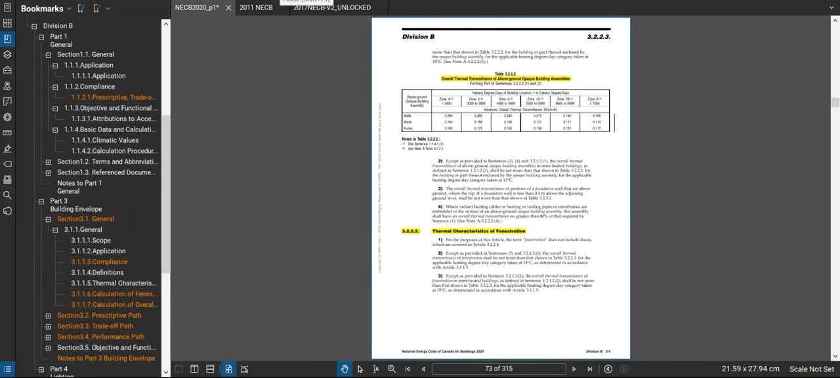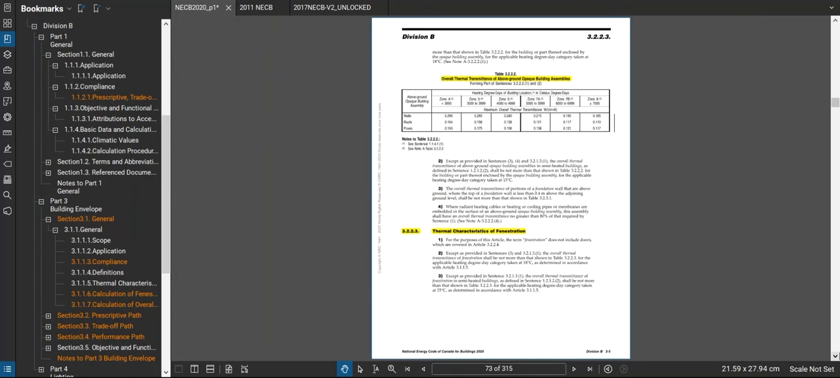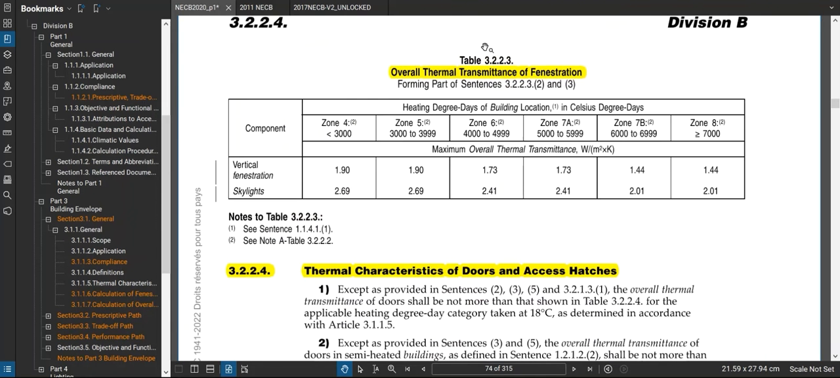It's interesting. Okay, then we move into 3223, which is the thermal characteristics for fenestration. So kind of the same idea here. Your fenestration has to meet a certain U value, which in my mind generally means products you buy are going to meet that minimum, or else I suppose some might not, but you would think if people are going to buy it, you'd kind of want it to meet the minimum of the energy code, or you might have a